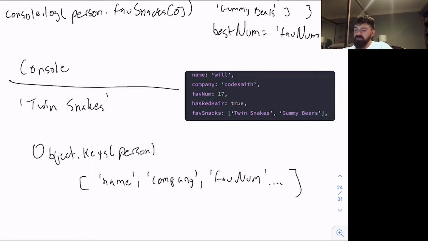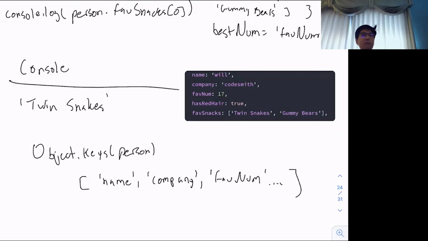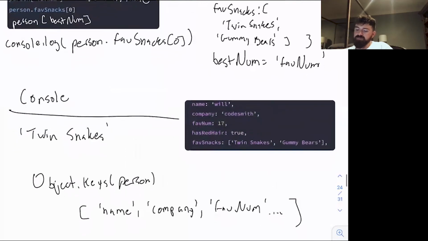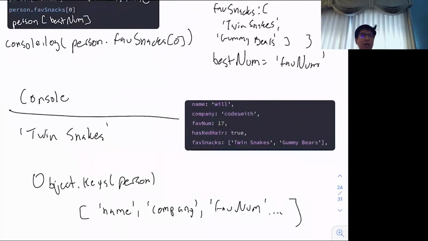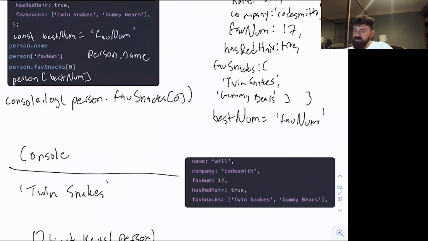Chris? I was wondering if we wrote console.log and then parentheses person.favesnacks without the bracket, what would populate? Would it be both or just null or error? Yeah, good question. So if I did this,